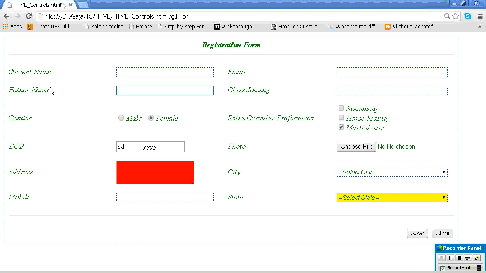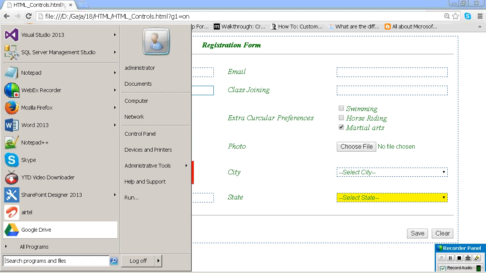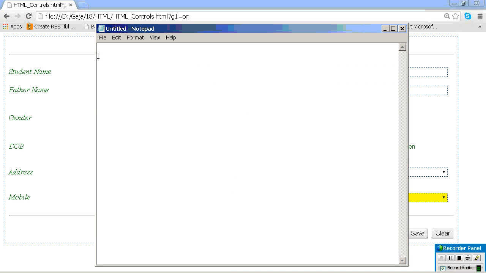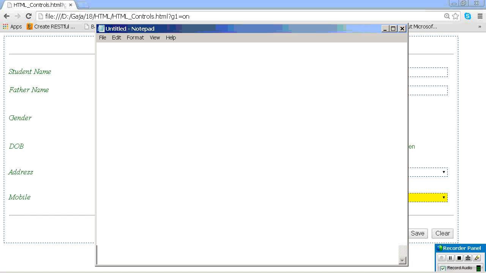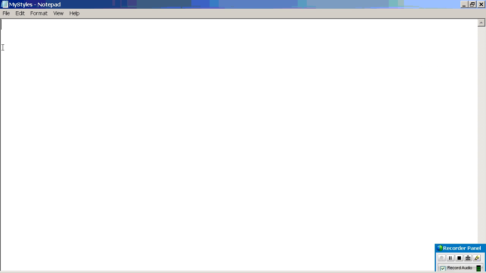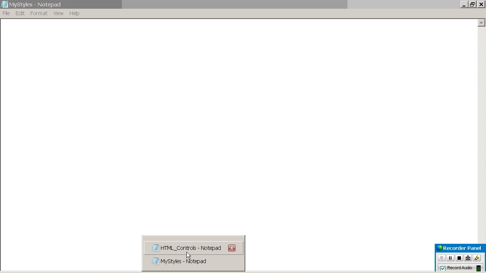Okay, this has more advantages than any other style. How to create that one: go to Notepad. As of now you have seen only .html files. Now I am going to create my style sheet. The name can be anything here. What is the extension? Not .html, but .css. Here there is no need to specify the style tag because by itself it is a style sheet. So you don't need to specify the style tag.